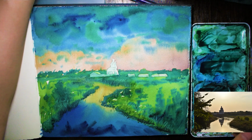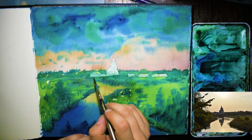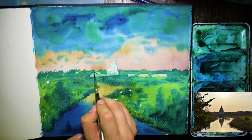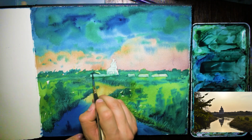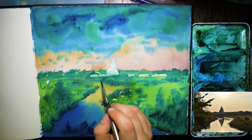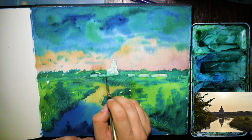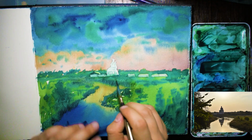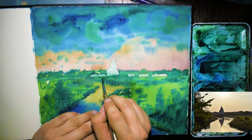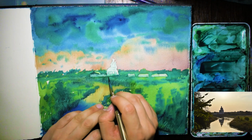So just looking at the reference picture a bit closer now, and going to darken this area of the roof here. Let's get that in like that, just with the round brush, and we can start putting in some details over here, especially for the bottoms of the buildings, little windows as well, like that. That's all I'm doing, nothing too detailed. I don't want it to stick out. And